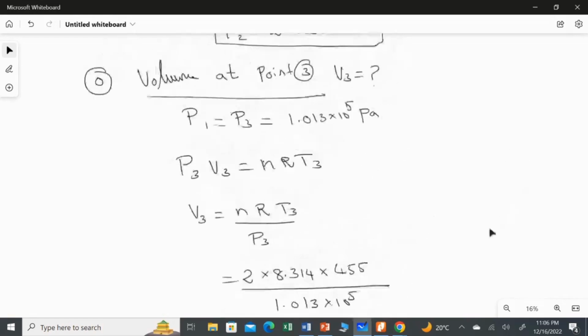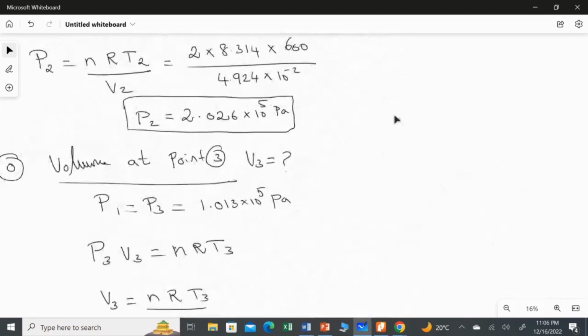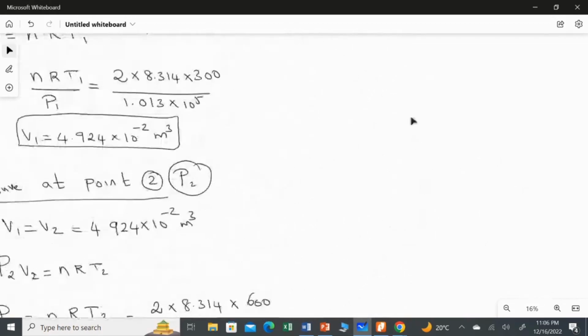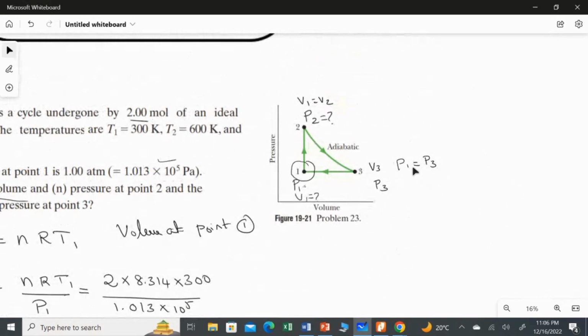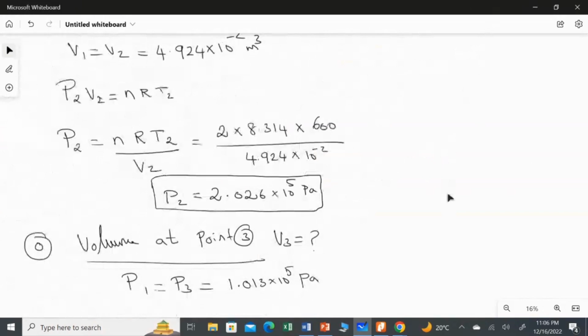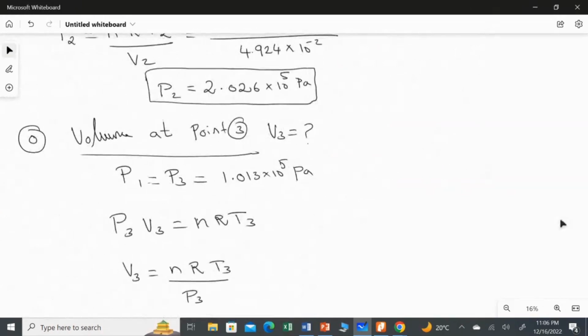Now for getting the answer for part P, right? So what is the pressure at this point? You have to see the figure. We already found the answer. So at point 3, what is the pressure? Your pressure P3 is equal to the pressure at point 1, because it's a constant pressure in this line, right? So the answer for the P part,